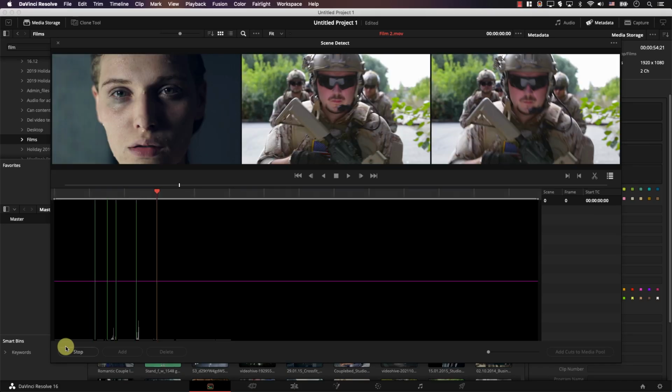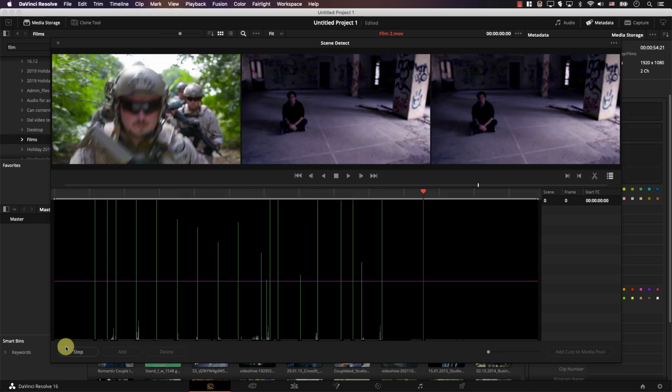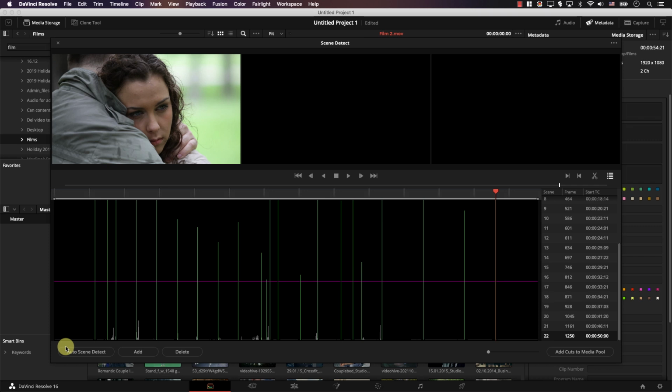If you want to cut everything manually, this might literally take you days of work. However, with scene cut detection, with a single click, Resolve will go through the file, find the separate scenes, and add each and every scene to your project as if it was a separate file. Again, you don't have to understand all this, but just know that the Media tab provides very advanced functionality in terms of adding and managing your files.